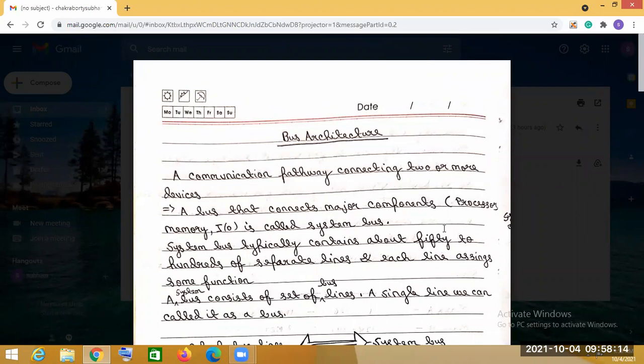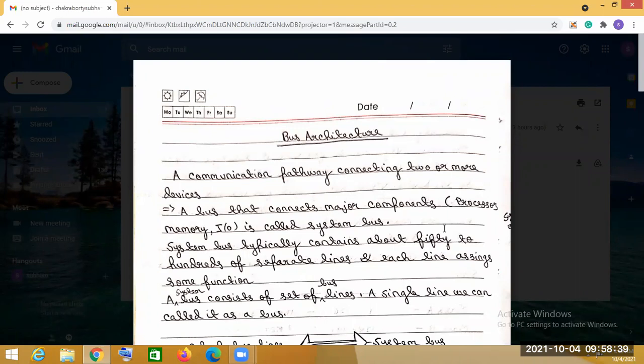So a system bus consists of a set of bus lines. That means these 50 to 100 lines, each line has some function, and each line is part of the set of bus lines.